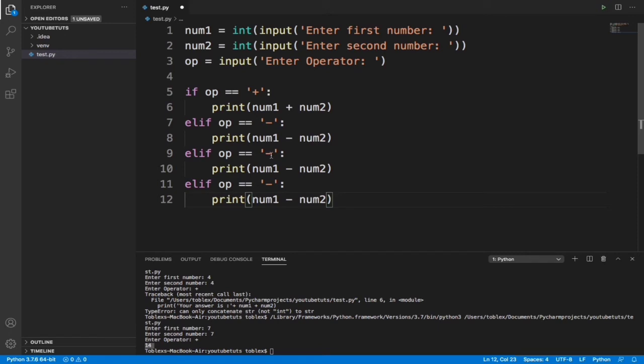Now elif op is equals to multiplication, then multiply the two. Then elif op is equals to division, then divide the two.